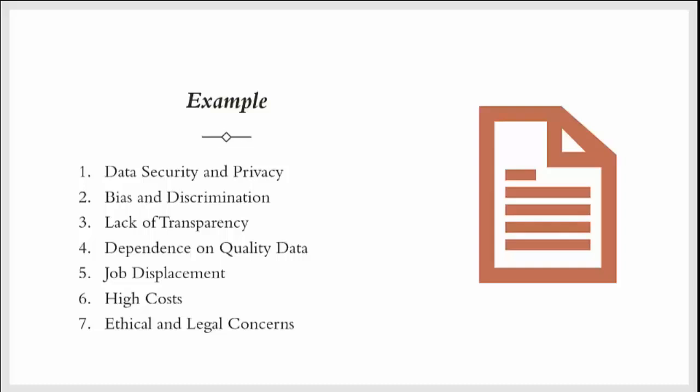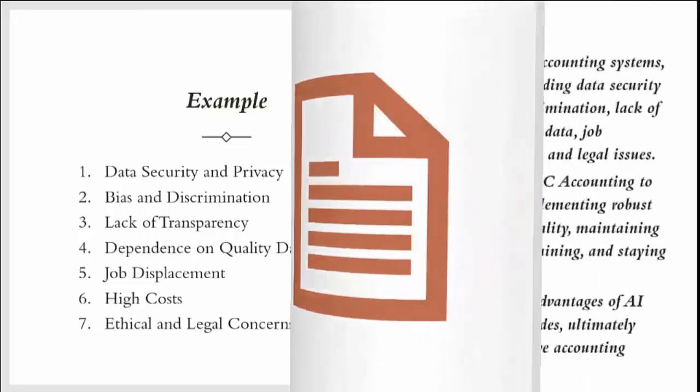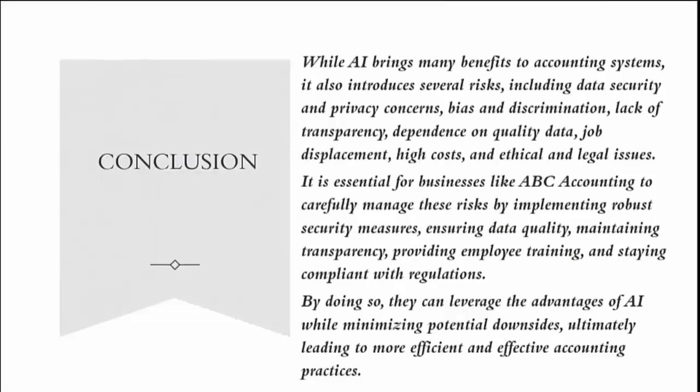7. Ethical and legal concerns. If the AI system at ABC Accounting makes an error in financial reporting, it could be challenging to determine who is responsible for the mistake. Furthermore, the firm needs to ensure that their use of AI complies with financial regulations, which may require regular audits and updates. Conclusion. While AI brings many benefits to accounting systems, it also introduces several risks, including data security and